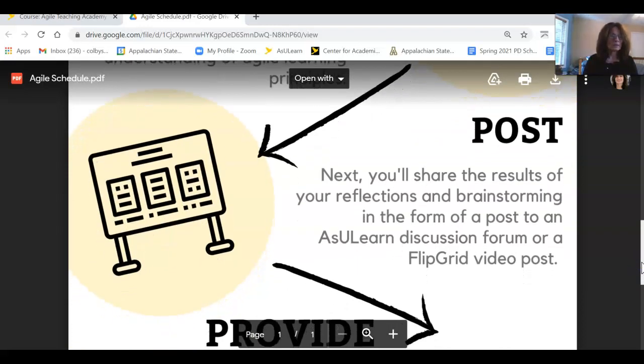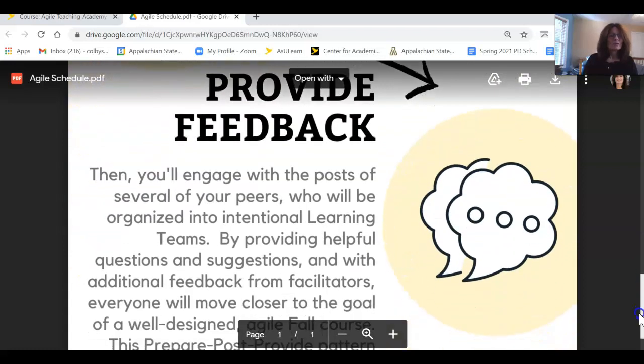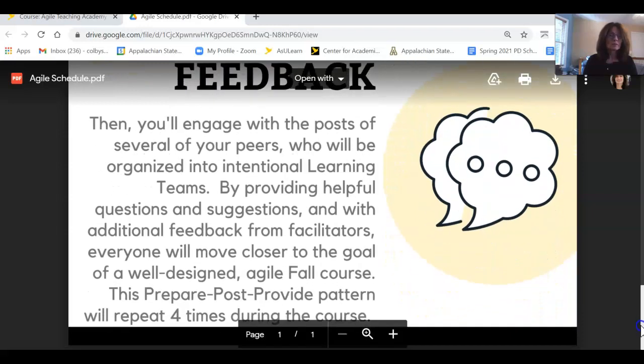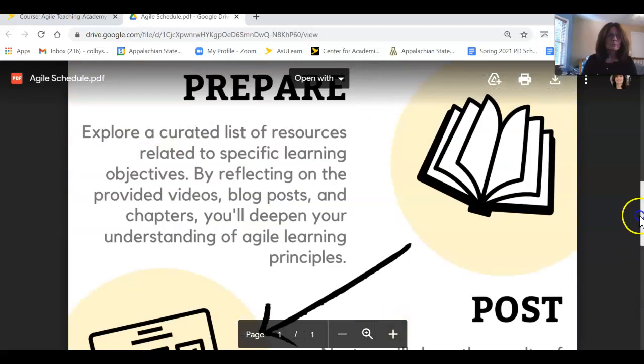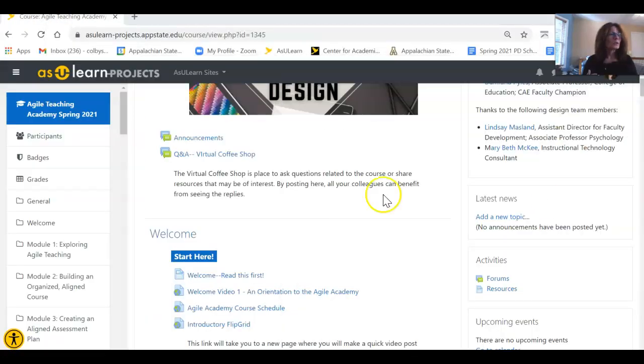You'll basically add a post to either Flipgrid or to a discussion forum, talking about what are the highlights that you would like folks to concentrate on so they can give you targeted feedback that'll be helpful for you. And then the last is you'll go back in and you will provide feedback to one another about the focused post. So hopefully you'll get a lot of good information from your partners in this course. So let me go ahead and move that out, and we'll go back to our course.